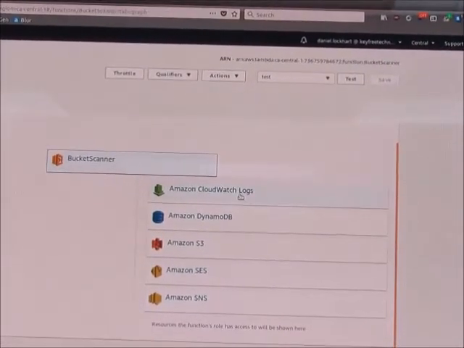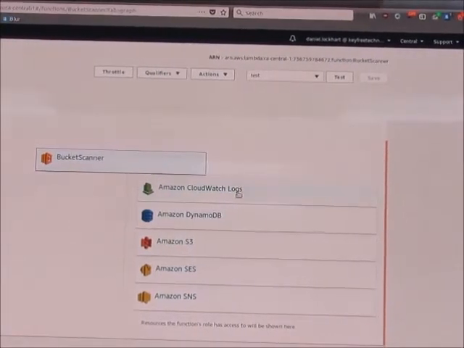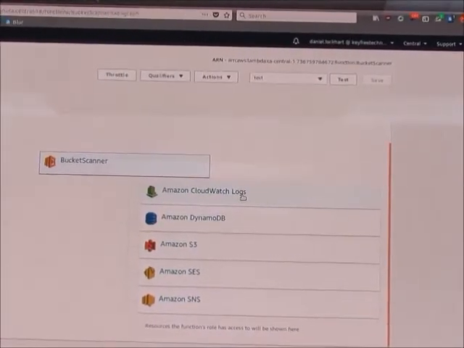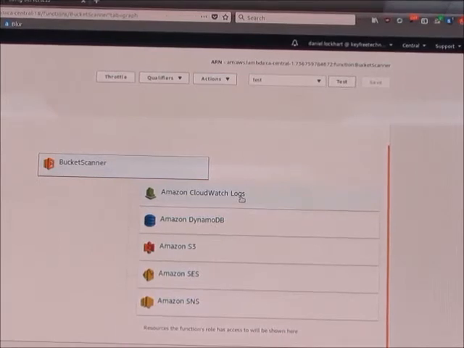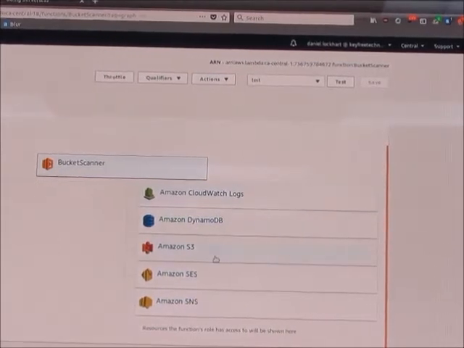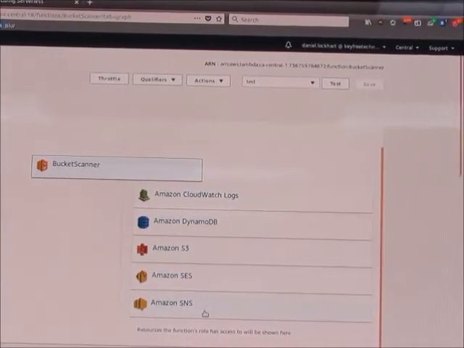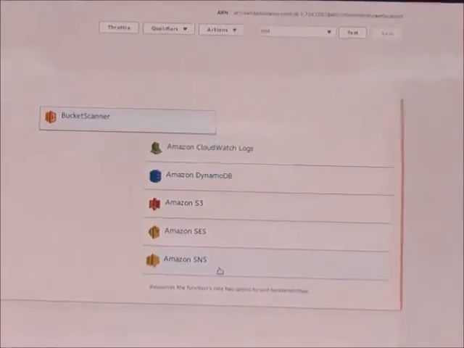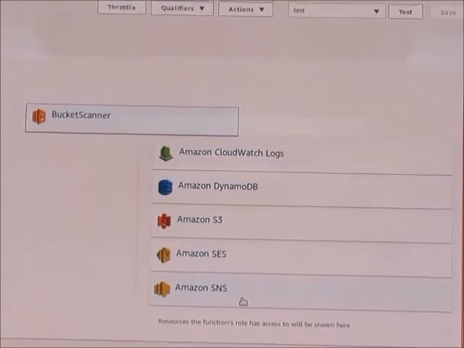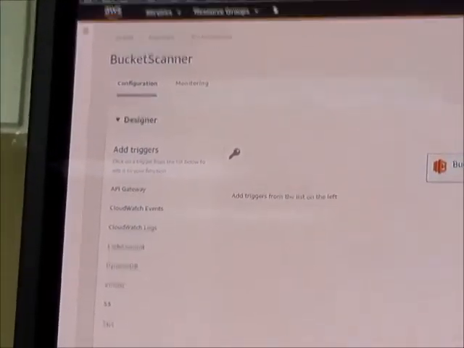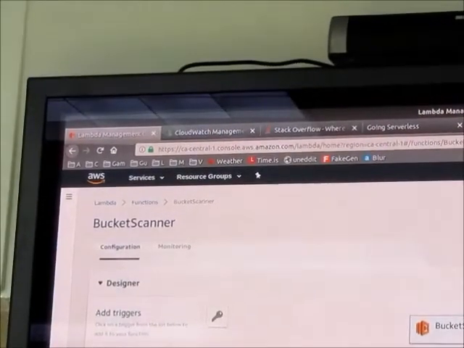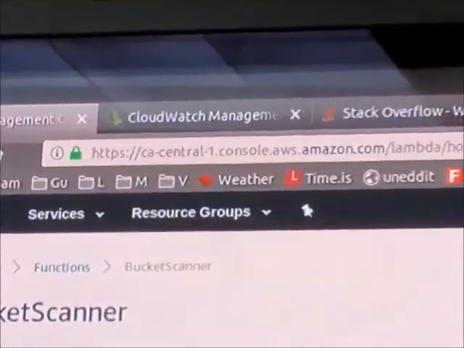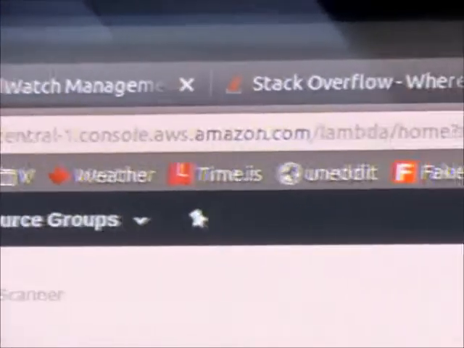You're always going to want to give all of your Lambda functions the role of CloudWatch logs because you can see how much you're paying for. Might be some good information to know. And SNS is probably the best way to communicate to a Lambda function. It stands for Simple Notification Service. It's a service AWS uses to, you know, simply retry notifications to other parts of your architecture, and Lambda is a pretty good fit for that.